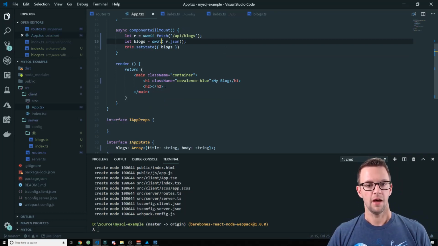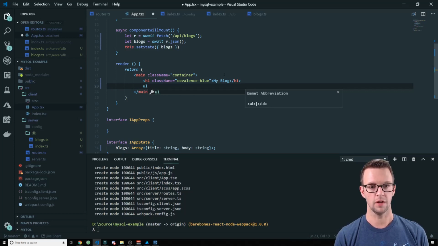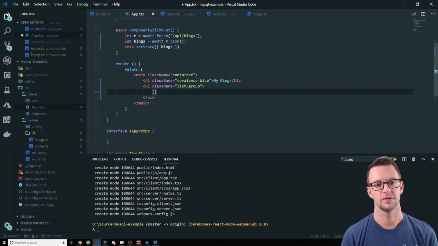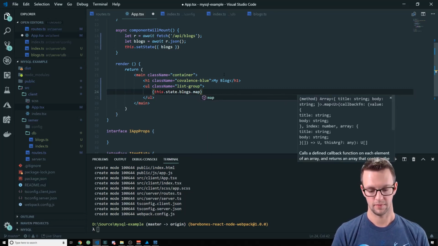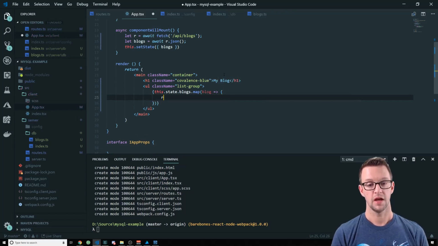All right, now what we want to do is show these blogs. So we'll do a UL with a list group class on it. And then we want to map our blogs to some LI elements. So we'll say this.state.blogs.map. We're going to get each blog individually from this. And then we're going to return an LI